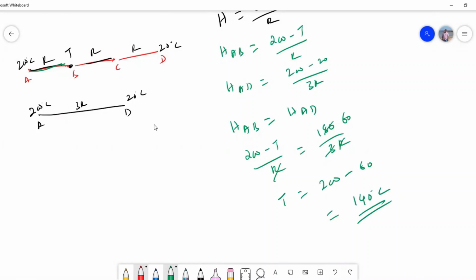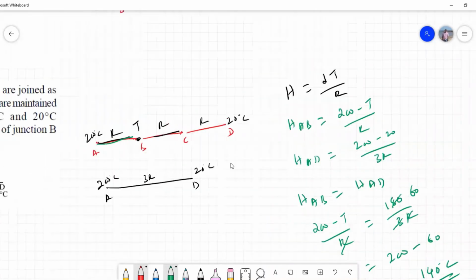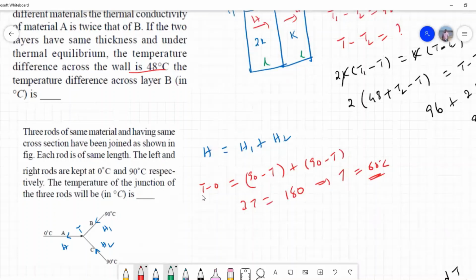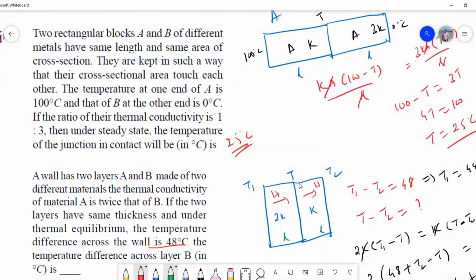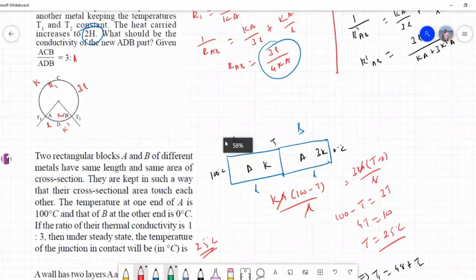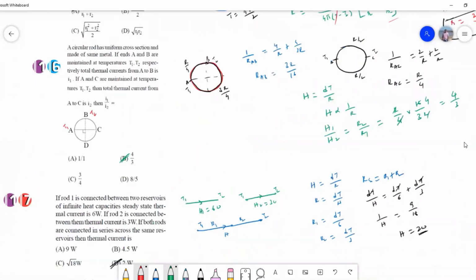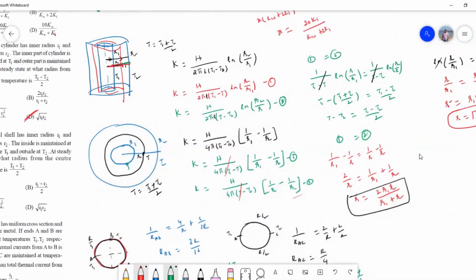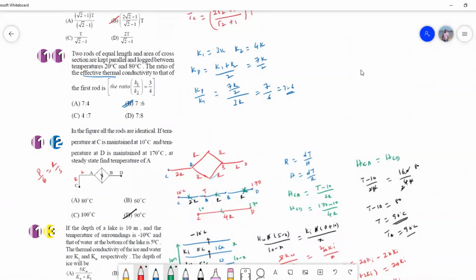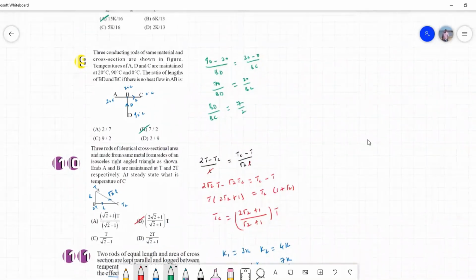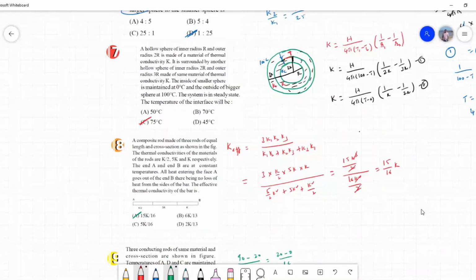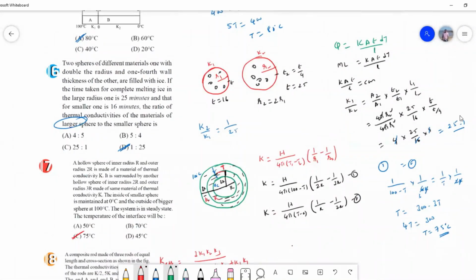So remember, I covered all the different models of thermal conductivity. This list is more than enough for all your exams. All these problems are very different models. So just keep on watching these videos, and if you can list out all the problems, write them down, and do them again, definitely that will help you a lot.